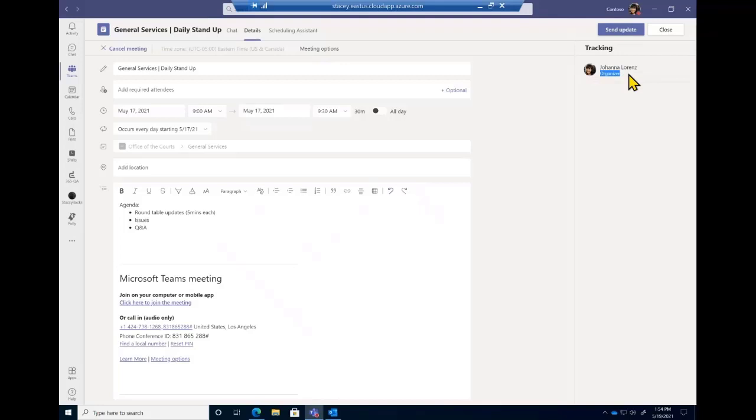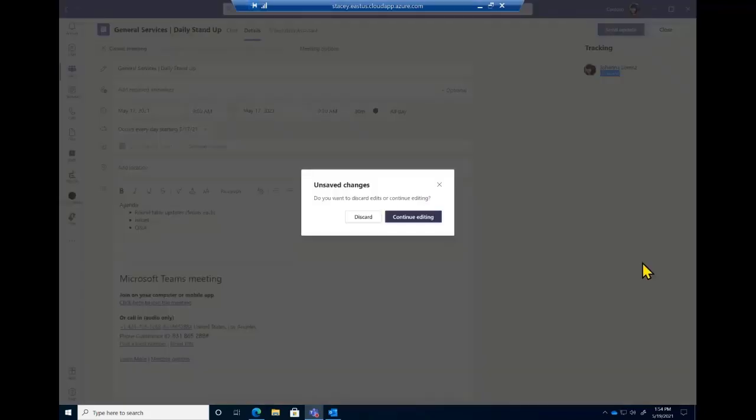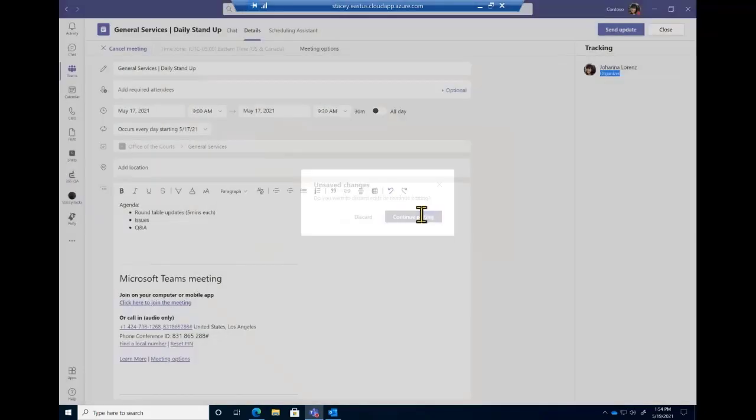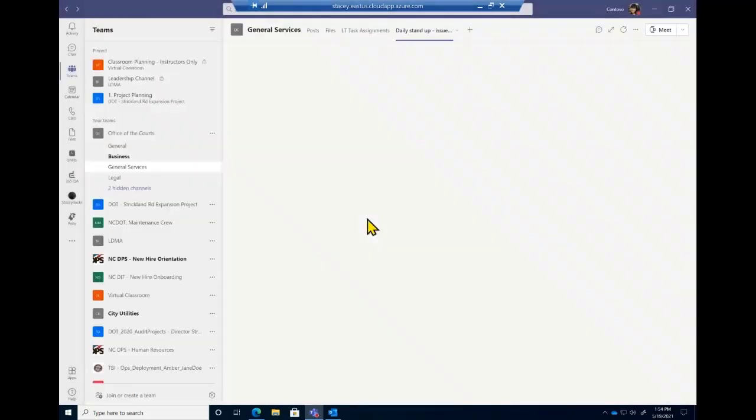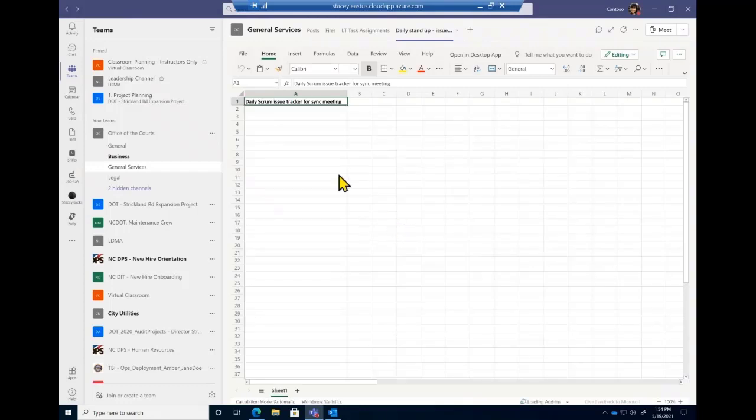But I would assume when we push out that co-organizer functionality later this year, it would be personal meetings as well as channel meetings. Yeah, we'll have to ask about that on the roadmap. That's a good point. Yes, we're all looking forward to that. So thank you for the question. Apparently the current constraint is only the organizer can make changes to the meetings.